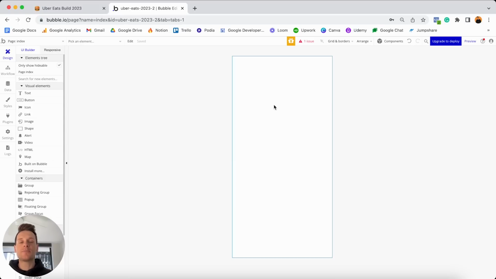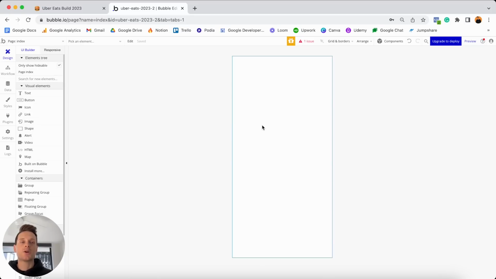And look, when it comes to building out this page, I'm actually going to take a bit of a strange approach. I'm going to start by building the bottom half of this page, and then I'm going to come back and build the top half. And the reason for that is because in order to make the process of building the top half simpler, we're going to need to understand a few core concepts when we build out the